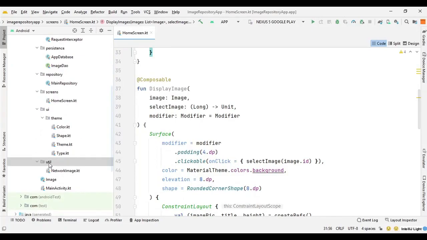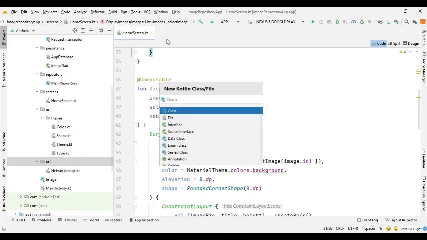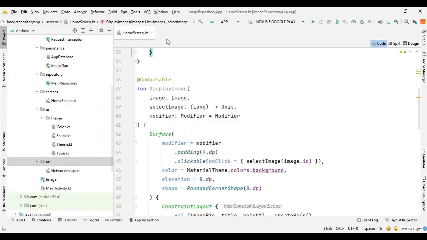So we can go to our util package and say new Kotlin class, and we need to choose file, and we can say staggered vertical grid.